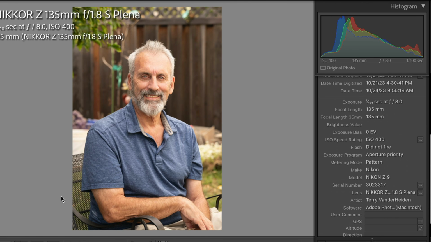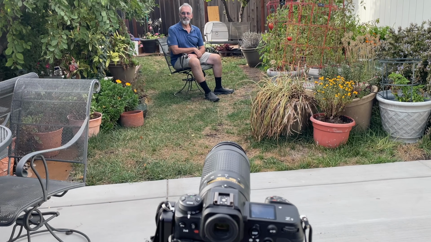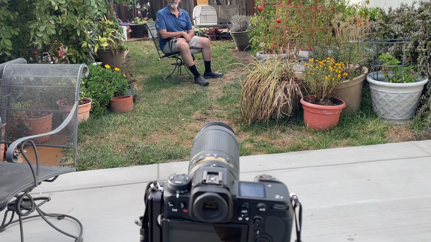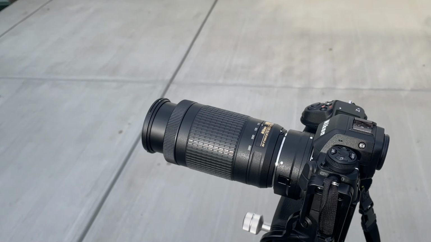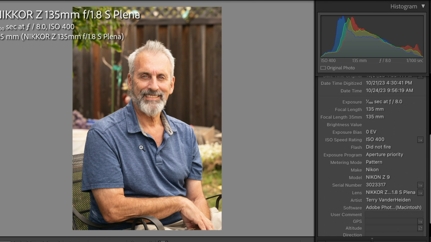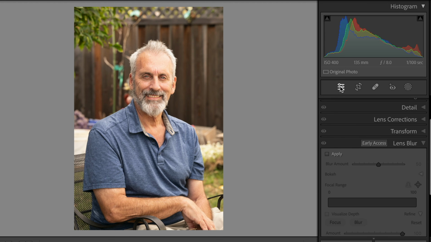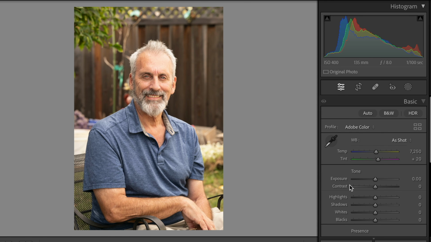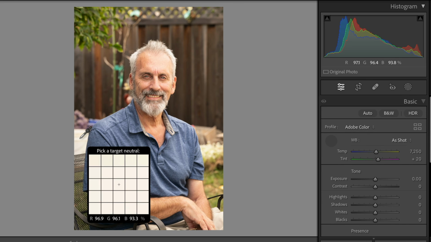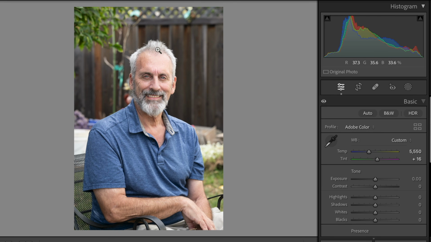So I took this very expensive lens on a Z9. I used the adapter for the smaller lens, and we have a lens that's $2,500 and then a lens that's $350, a kit lens. So I wanted to compare these two to see what we ultimately got in terms of our results. So first off, when we look at this, I have to do this because this is the kind of thing that bugs me if I don't. And that is, I've got to fix a couple of the tones real quick. So I find that the color's a little off. So I grab my eyedropper tool, grab something we know to be white, gray, or black, click on it. And then we've adjusted the color. We see that our highlights and shadows are a little bit